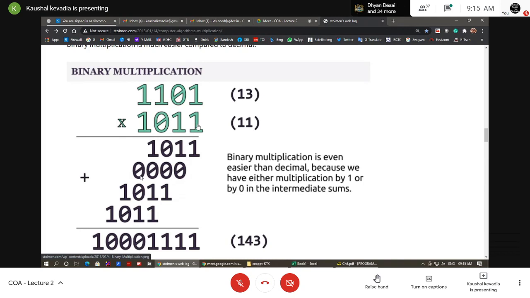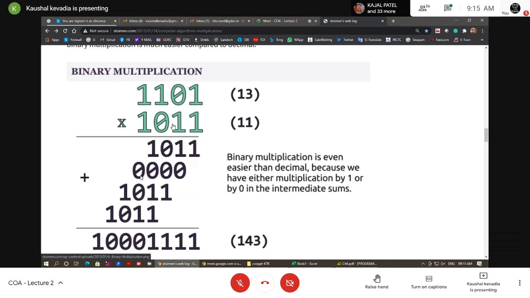The same concept we have studied in chapter number 10 also. In that we went through Booth's algorithm. It is a very important algorithm. Right now, what they are doing is taking the numbers from the left hand side, but in the book the numbers are taken from the right hand side. But I think there is no difference when we are doing the additions.